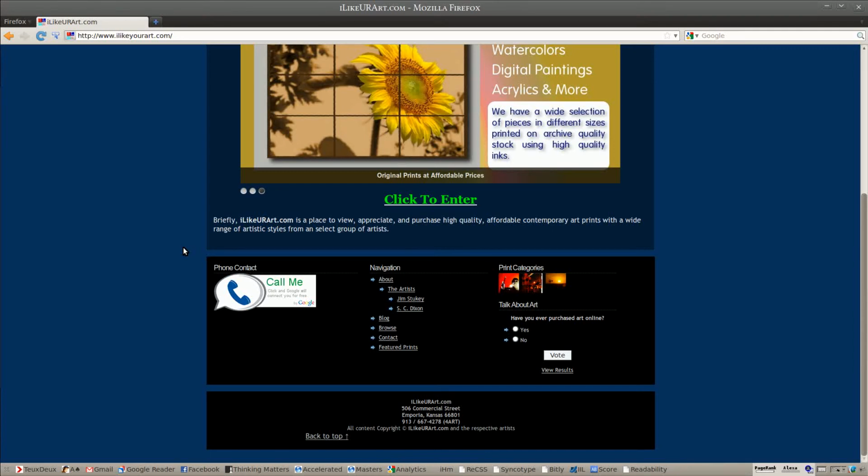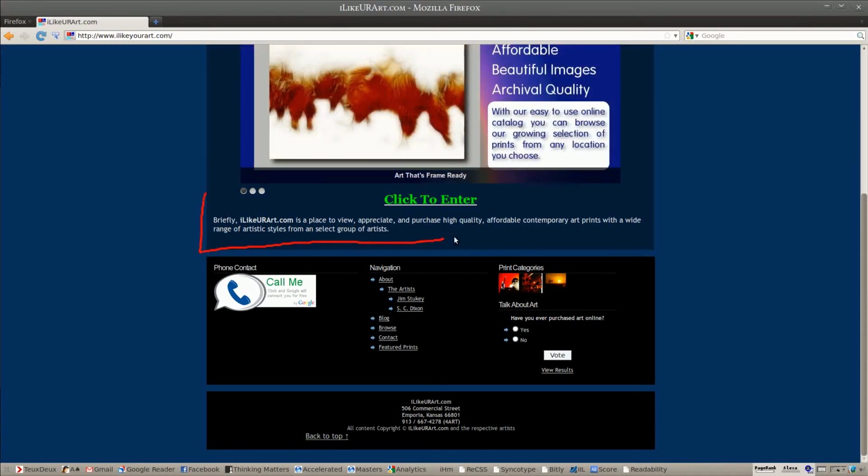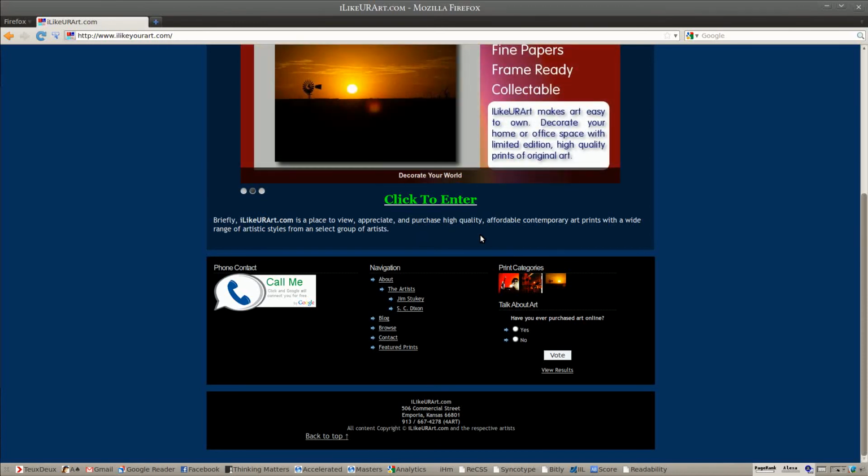I'd also suggest that you put the text, this text here, that needs to kind of go above the call to action. Traditionally, that's where you put text. And if you're going to make a good first impression, and again this is getting more into desirability, but I'll cover it here anyway. It says briefly,